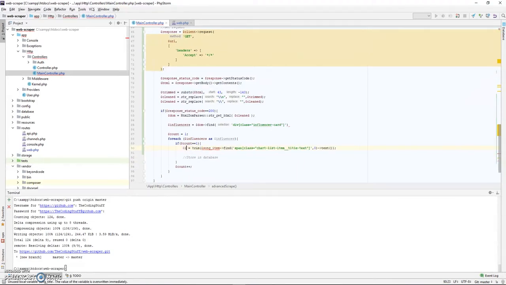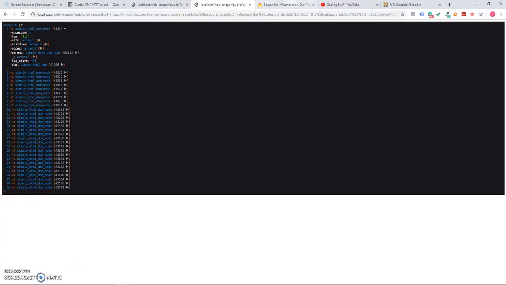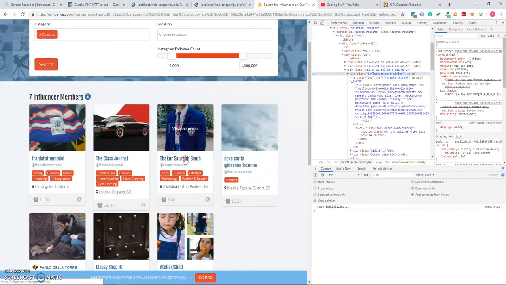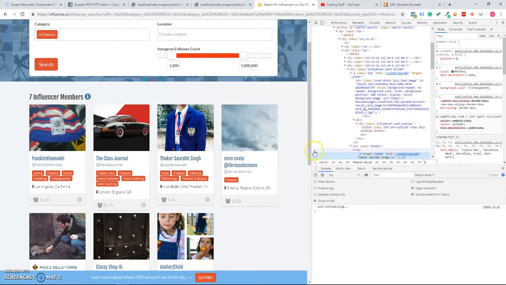So it's going to be the influencer name, right? Influencer, yeah. So the influencer name is going to be a trim of the influencer find, and right here we just need to see what this element is. So okay,